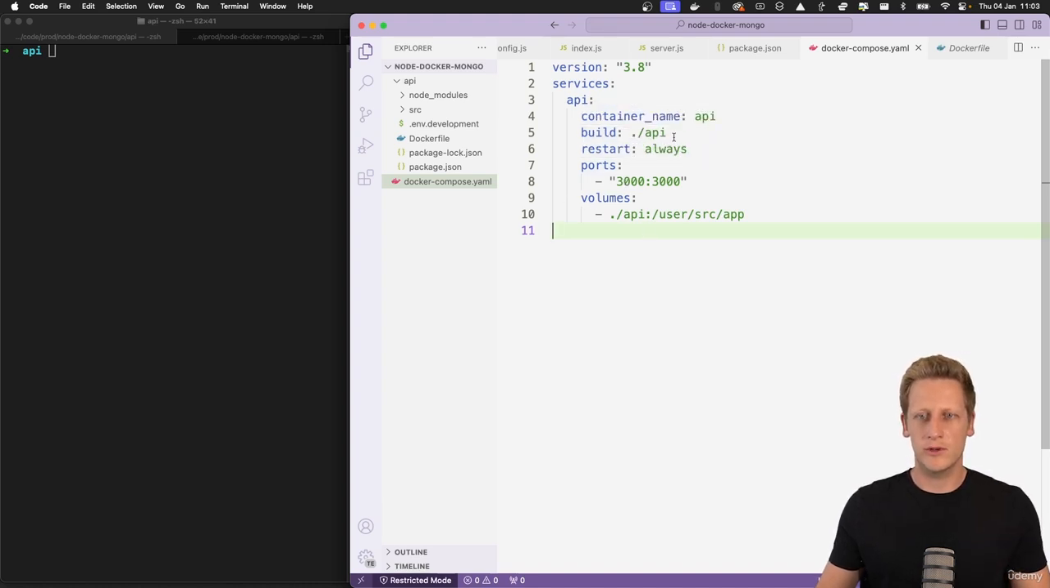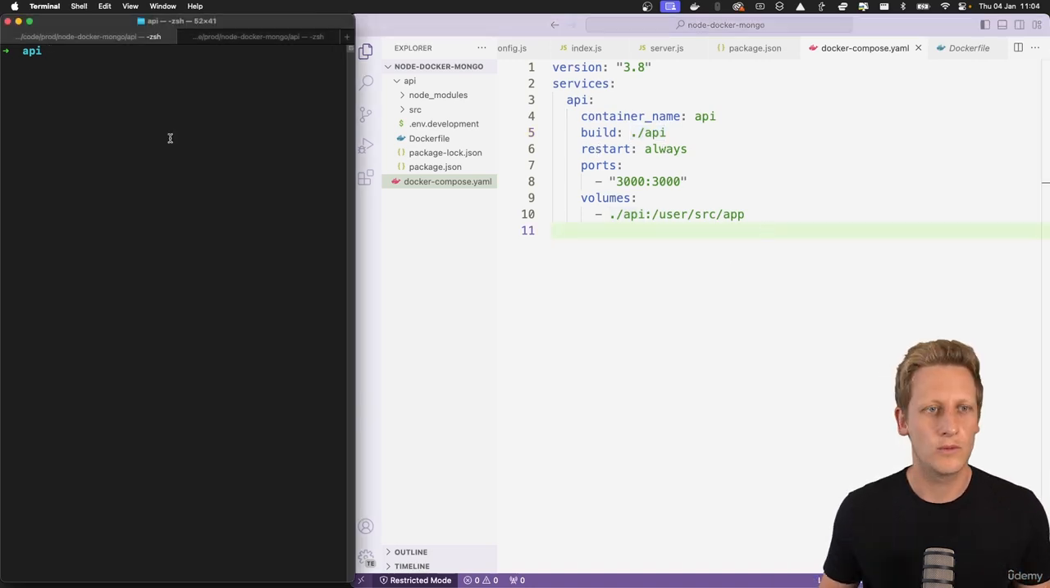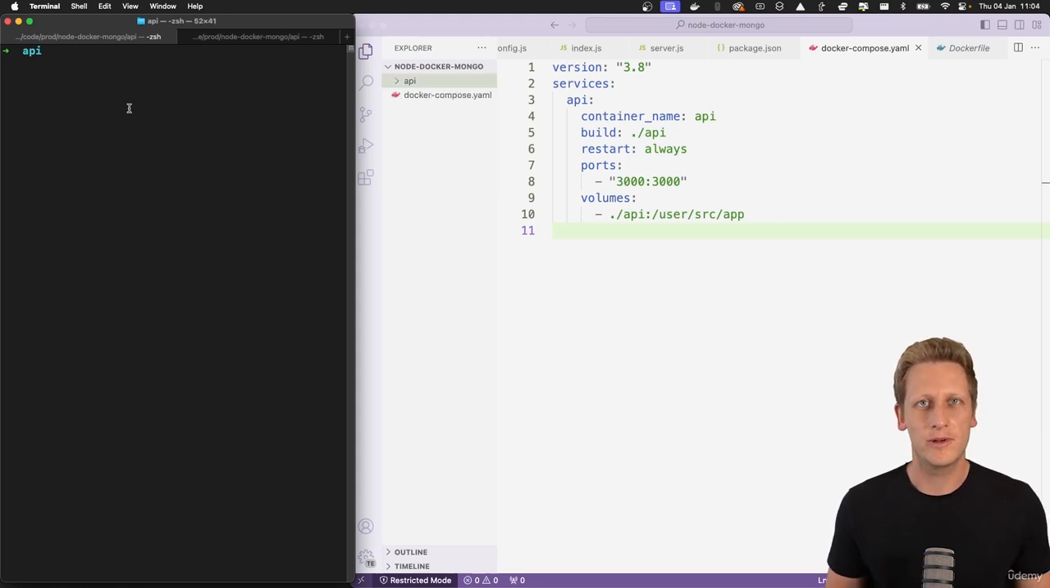We've got our name, where the Dockerfile is, and then we can start adding additional flags or configuration in our services. So once we have that YAML file set up, we can go ahead and test this straight away. In all previous lessons, we've been working within the API folder. And now that we've set up Docker Compose, and this is an important step, so make sure that you do it,